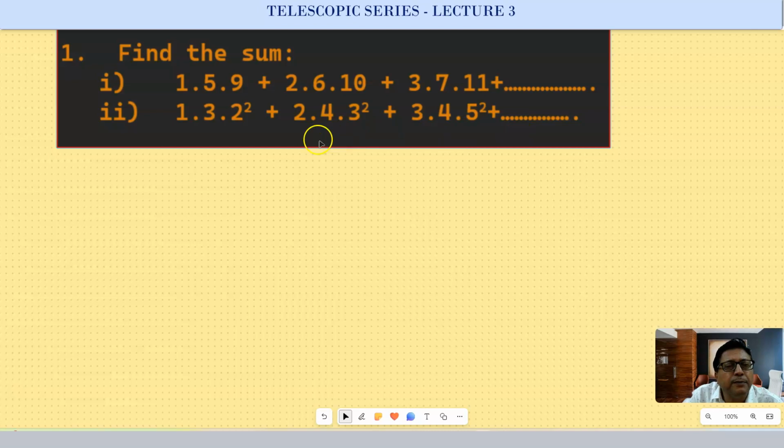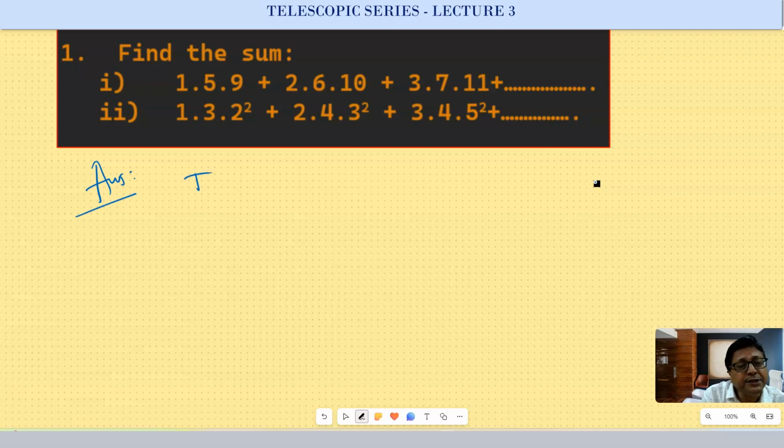For this second problem, it will not be very easy to express it in the form of n plus 1, n plus 2 like that. So if you can do it by the manipulation we did for the previous sum, it's fine. But if you can't do it, then there is a method to express this one in parts of n plus 1, n plus 2. That I'll discuss step by step. So answering the second problem,